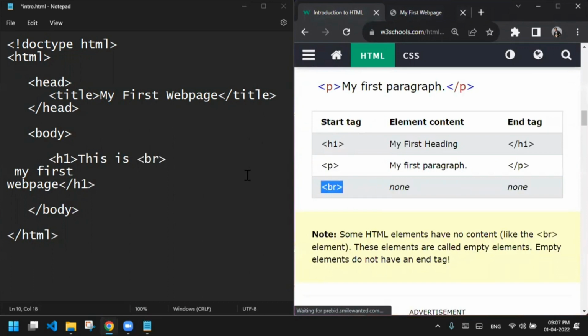Let me write the BR tag to give the line break. Here is the BR tag, and you should not close this BR tag as any other tag like this slash and BR. You should not write this. So I am removing it. If you want to close it, you can just give forward slash here before the greater than bracket, because this